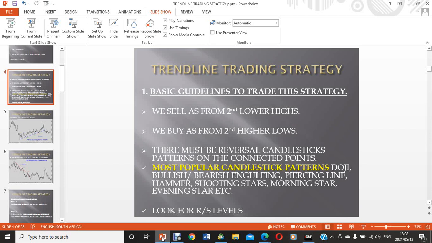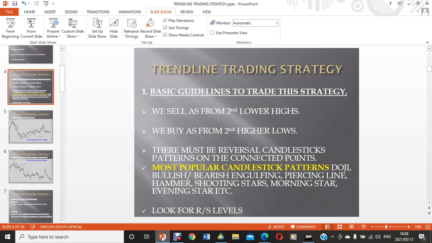Let's start again to summarize the basic guidelines. Firstly, we sell at the second lower high and we buy at the second higher low. Sell, second lower high. Buy, second higher low. Secondly, we must look for reversal candlestick patterns on the connected points. On the second lower high, we must look for a bearish reversal candlestick pattern, such as a doji, bearish engulfing, dark cloud cover, hammer, morning star,